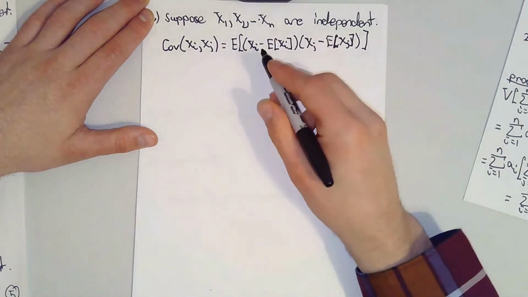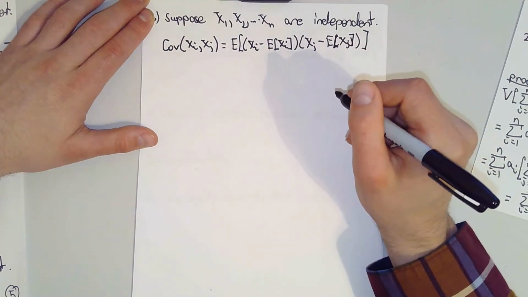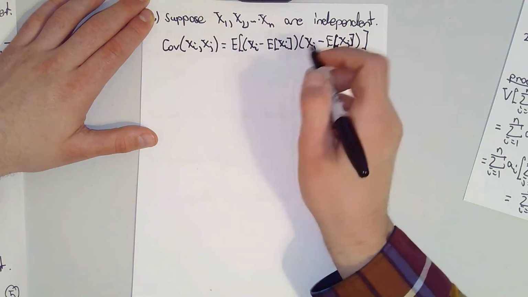Now in the case that i is not equal to j, the expectation operator is multiplicative, which